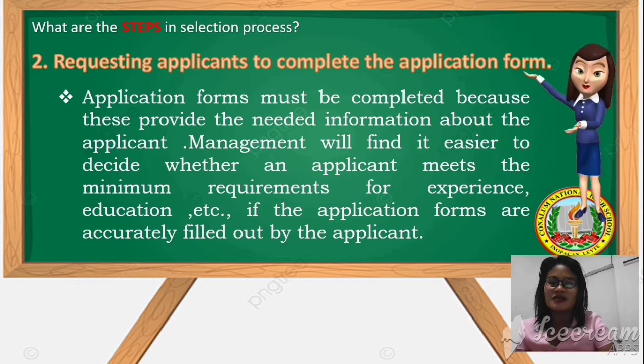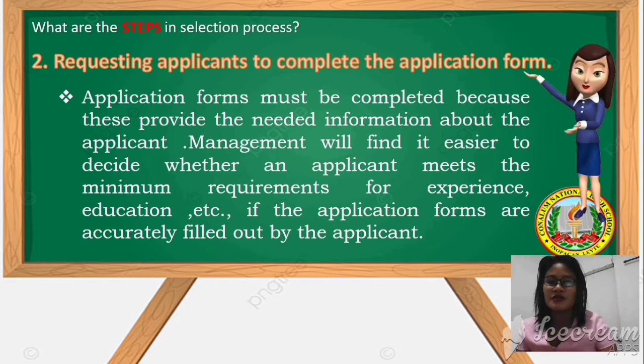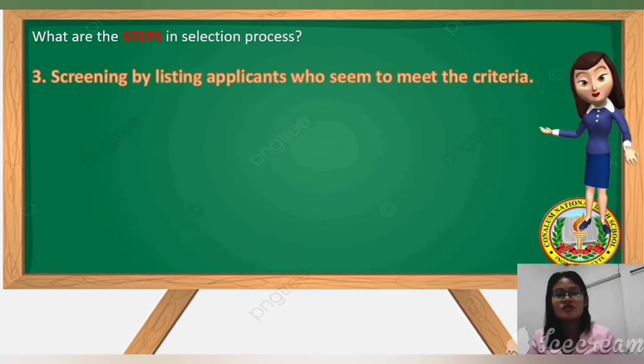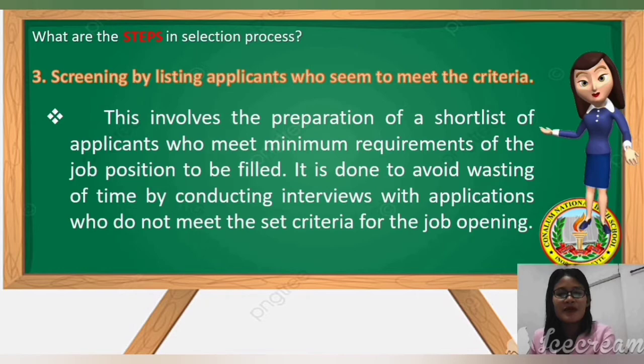And you will never be part of this applicants if you will not comply the application forms. So you have to have your application forms by applicants who seem to meet the criteria. So this third step involves the preparation of a short list of applicants who meet the minimum requirements of the job position to be filled. It is done to avoid wasting of time by conducting interviews with applications who do not meet the set criteria